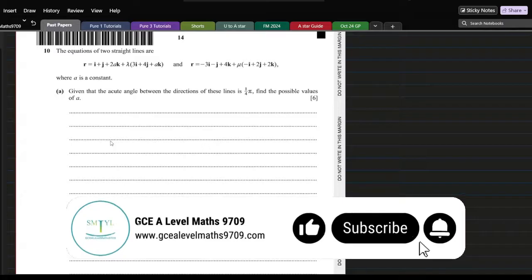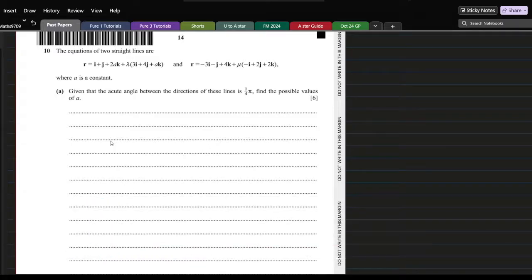Number 10, the equations of two straight lines are r is equal to i plus j plus 2ak plus lambda (3i plus 4j plus ak), and r is equal to negative 3i minus j plus 4k plus mu (negative i plus 2j plus 2k), where a is a constant. Part A. Given that the acute angle between the directions of these two lines is a quarter pi, find the